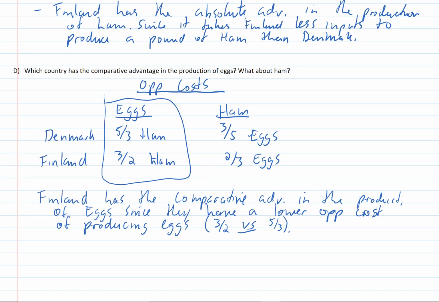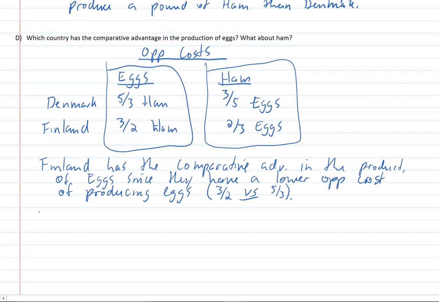Now to answer the second part of this question, we can just look at the second column here, and we can see that in order to produce a pound of ham, Denmark's giving up 3/5 of a dozen eggs, while Finland's giving up 2/3 of a dozen eggs. So this is going to tell us that